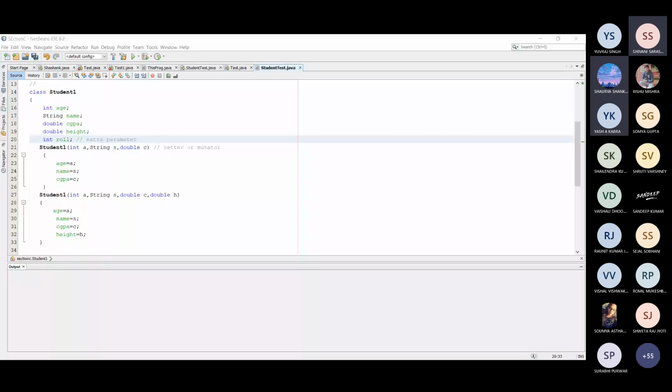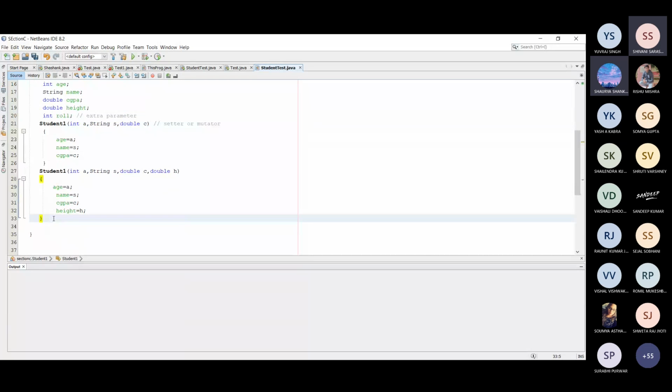So here after 1 year if the programmer would like to introduce one extra parameter, that is roll number, what can the programmer do?